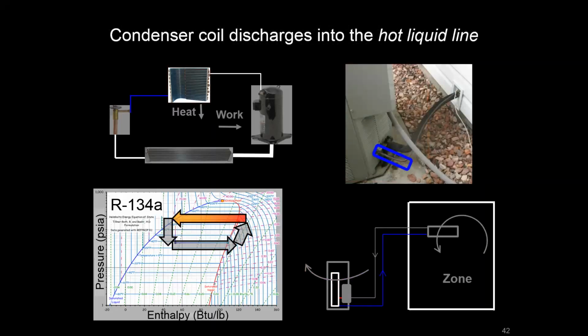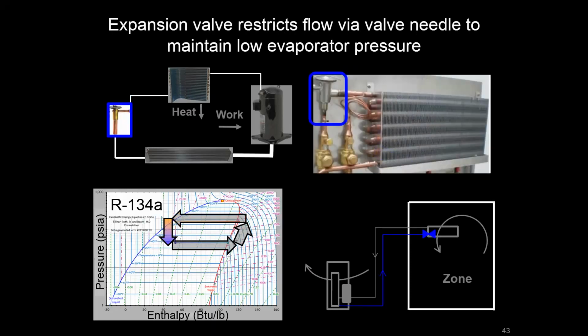So now we're going to have discharge into the hot liquid line. You can see this coming out of the back of the condensing unit, and that's one of the lines that goes into the space. It's going to be an uninsulated line that's going to go to the expansion valve that's going to be in the evaporator unit. So here we see an example of what that